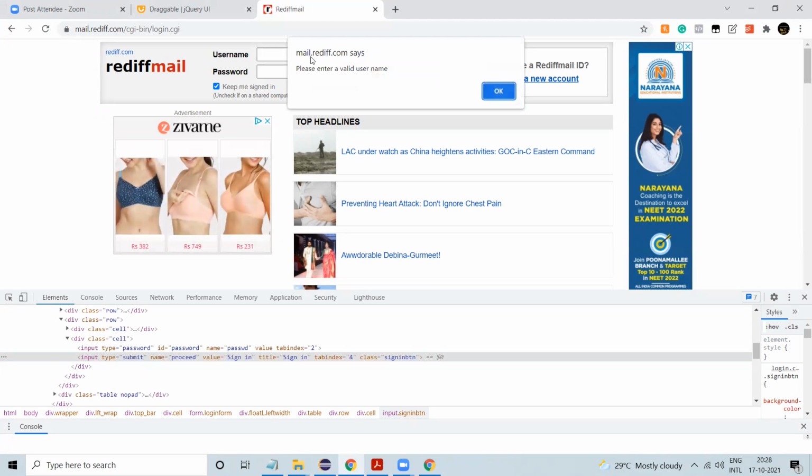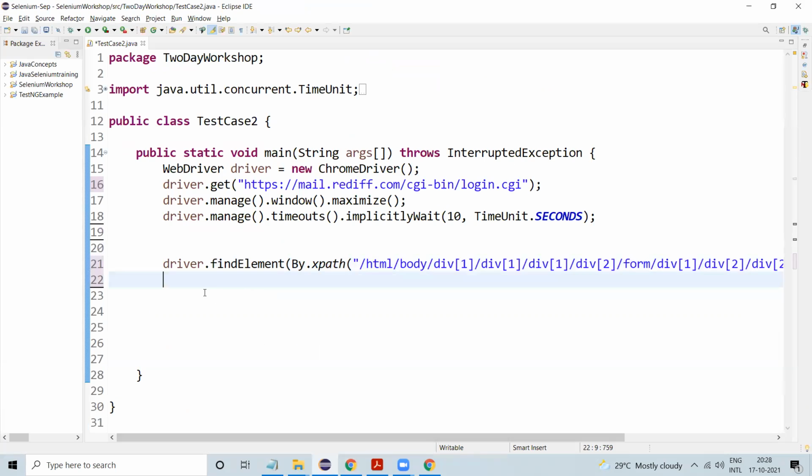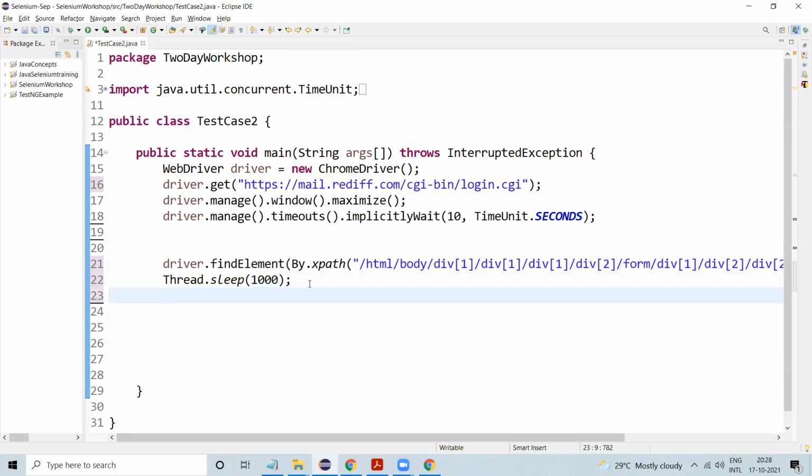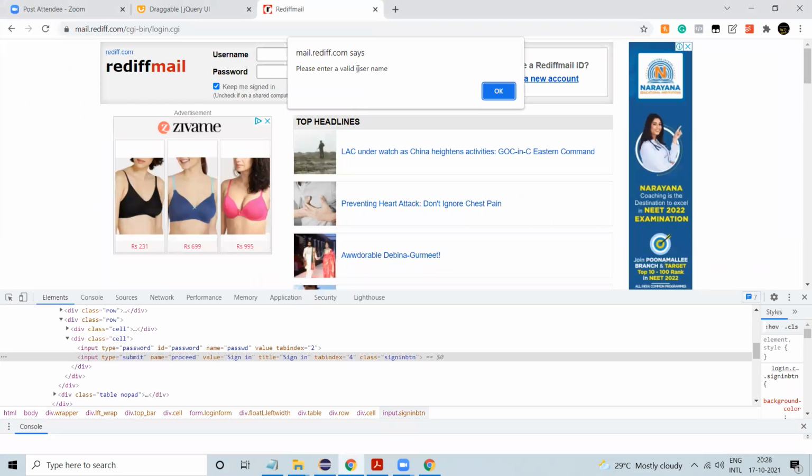Once you click on the button, the alert pop-up is coming. So for that, I'm giving thread dot sleep for 1 second. So this is the alert. This is the alert window.